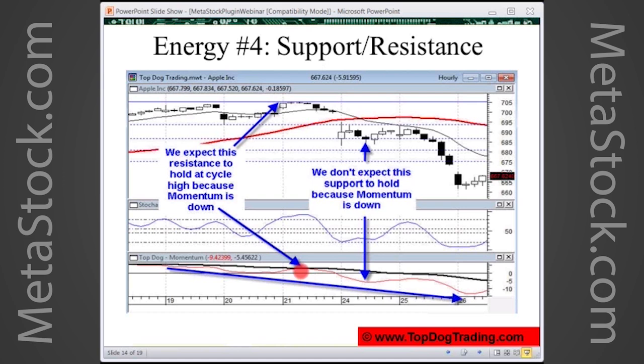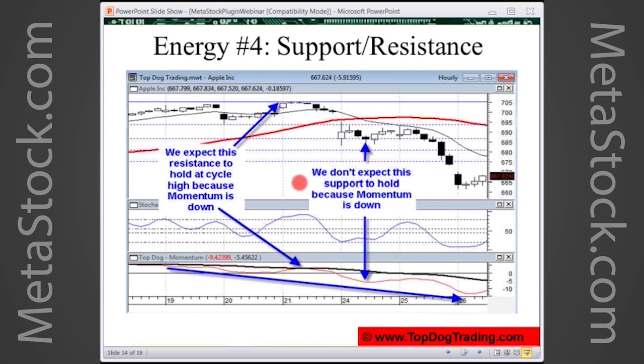And the answer to that is, just by putting support resistance lines, I don't care if they're Fibonacci ratios, floor trader pivots, whatever, you don't know if the market will respect them or not. You need to use them with the other energy. So in this case, we're at a cycle high, we're at resistance, and momentum has made a lower high, meaning there's no strength to push this market through that resistance level. It takes strength to push price through support resistance levels. So when markets come into a resistance level like this, if we expect it to hold, we want momentum to be weak moving up into it, and it is weak.